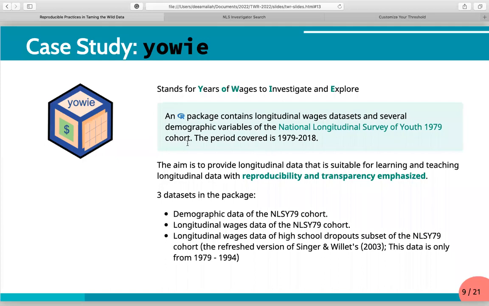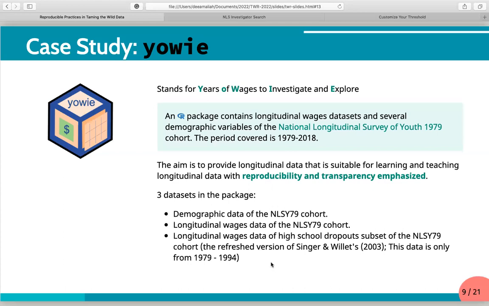And the aim is to provide a longitudinal dataset that is suitable for teaching statistics, especially longitudinal data analysis, with reproducibility and transparency emphasized. So this package has 3 data sets in it, which are the demographic data, the longitudinal wages data of the complete cohort, and the third one is the wages data of high school dropouts.